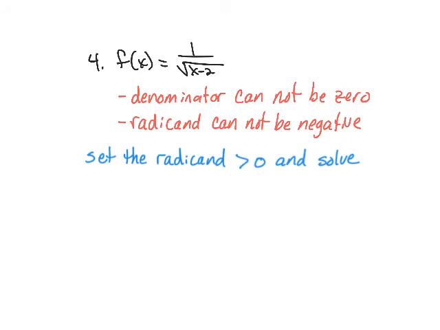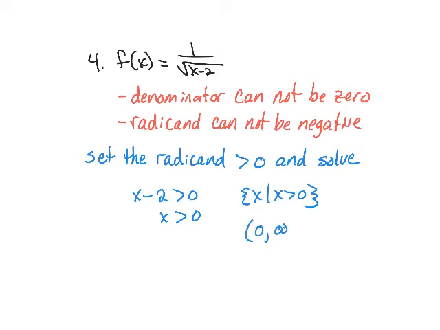So here you'll set the radicand to just greater than 0, not greater than or equal to, and solve it just like you did before. If I look at the x minus 2, that's my radicand. So x minus 2 is greater than 0. X has to be greater than 0. So set builder notation: x such that x is greater than 0. Interval notation, now we're rounded at 0 to infinity,